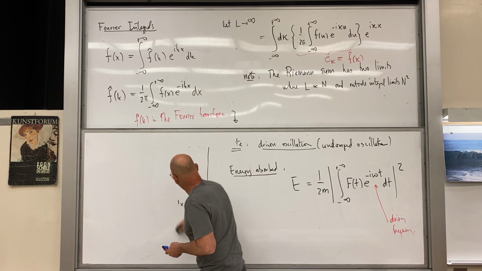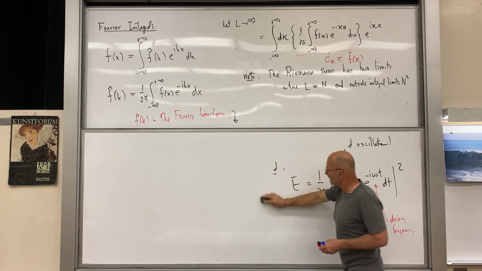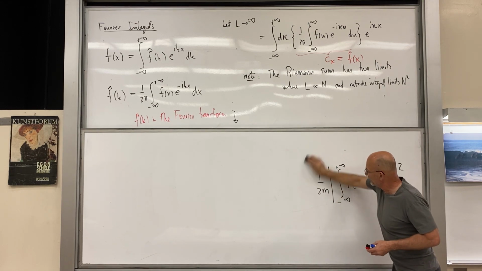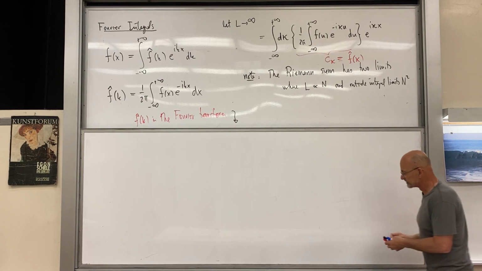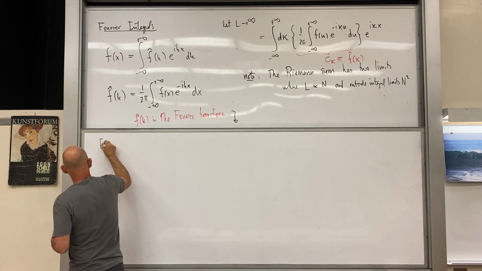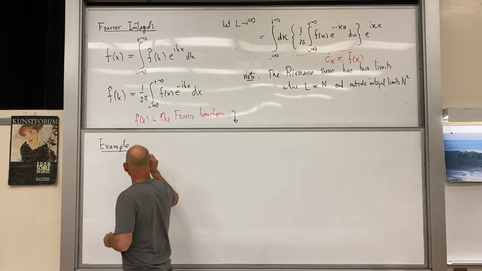So what we're going to do is take a very simple function and calculate its Fourier transform. And then we'll set up a more complicated one. But this one actually has all that we need. So let's take a normalized function,